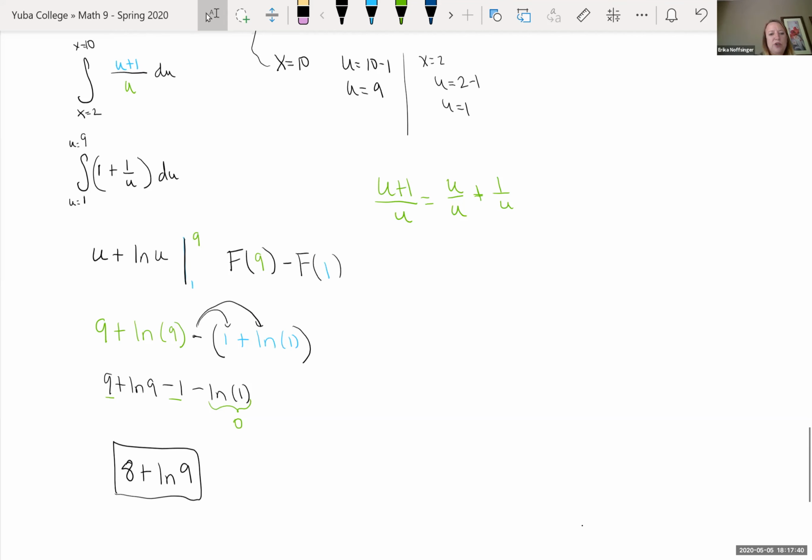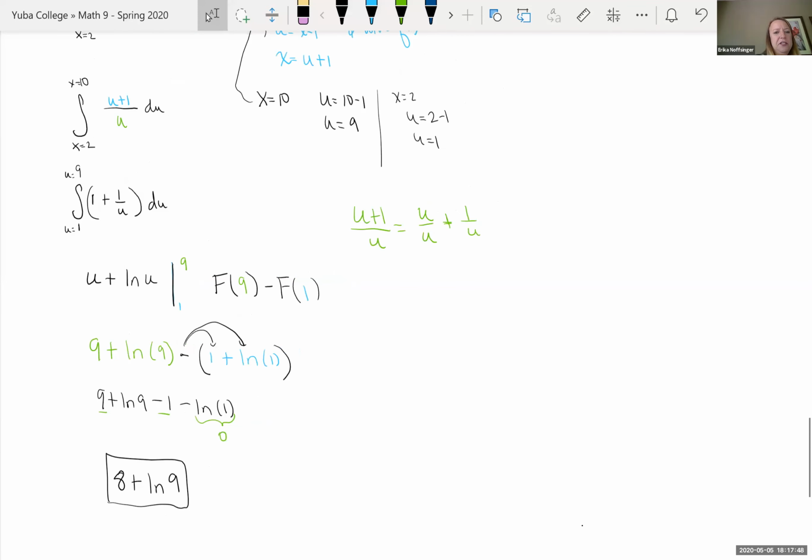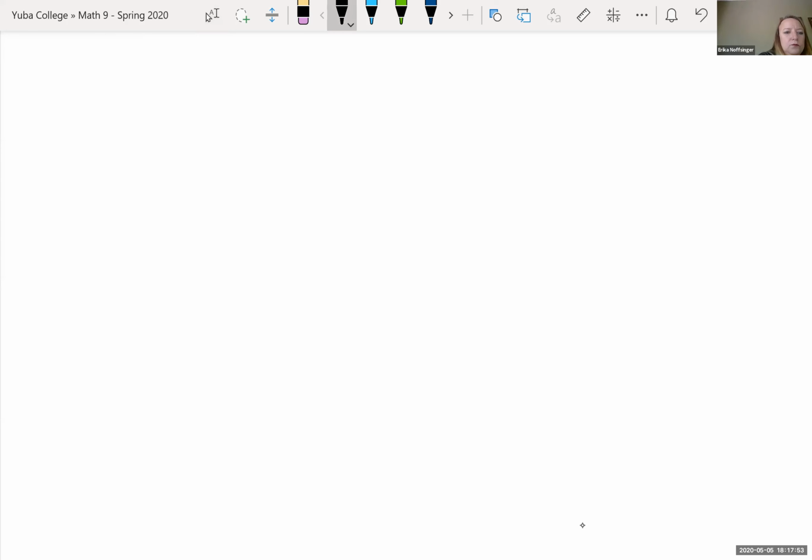More U-substitution. One more U-substitution with bounds. So what if you were going from 0 to 2